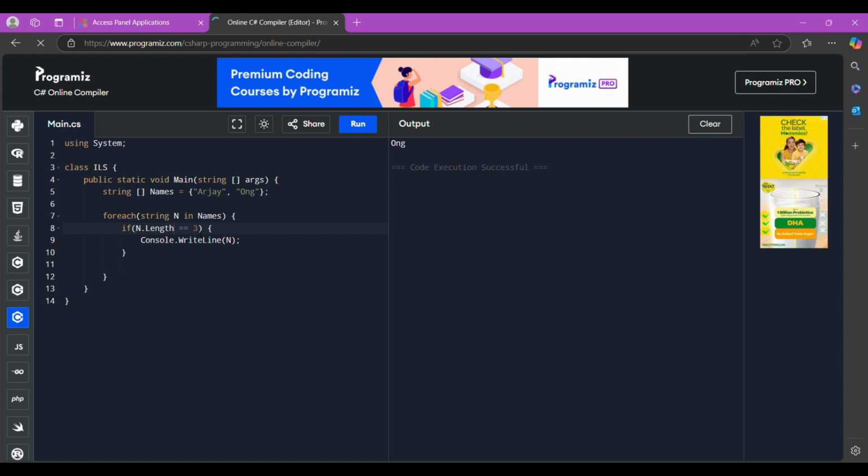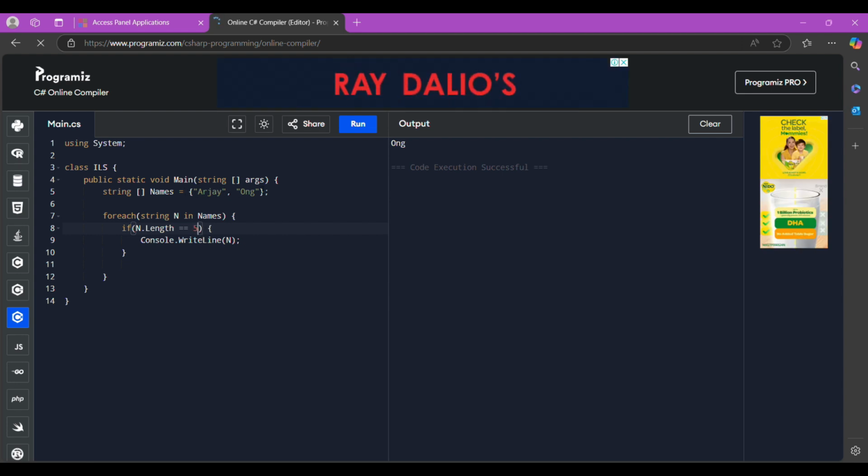So if we change this to 5, it would print out this string.